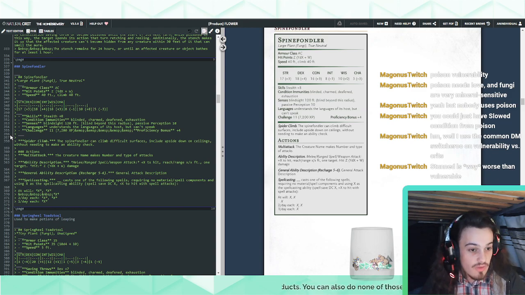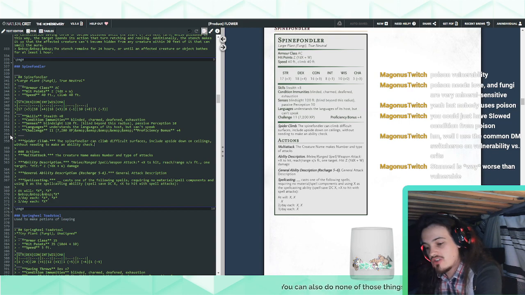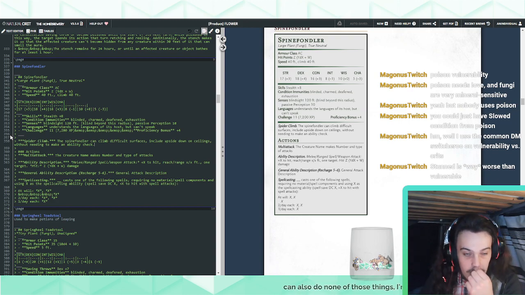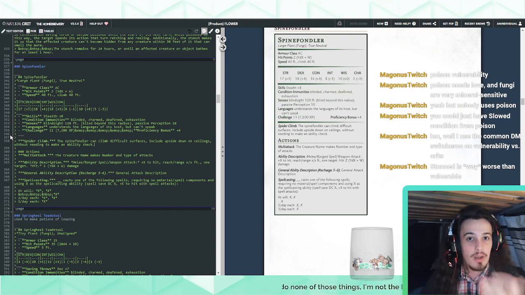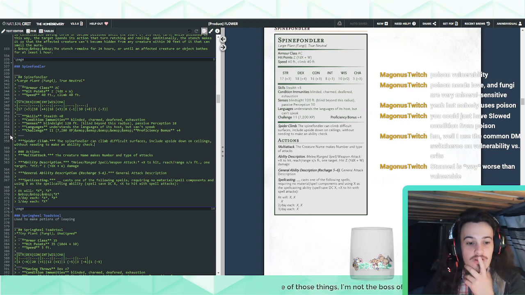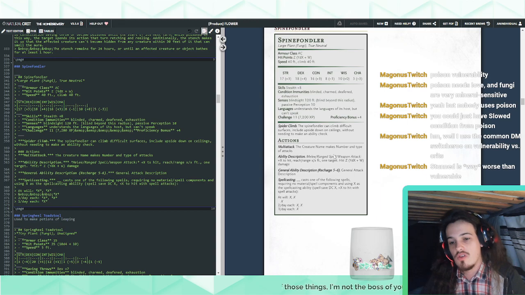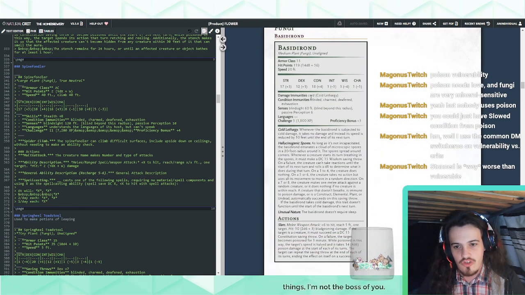Actually, it's fairly interesting, but I've never heard of it. I just don't design monsters with vulnerabilities. I design them with damage susceptibility, which means they take max damage, like Blight always does max damage to plants. I use that instead, or I make monsters that, for instance, like the Basidrond, which is immune to